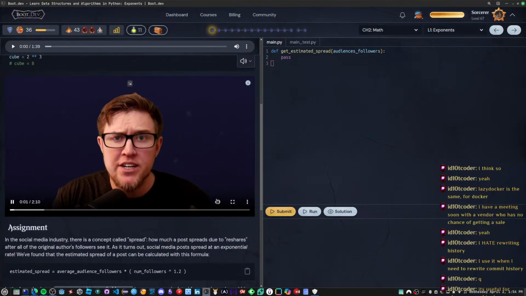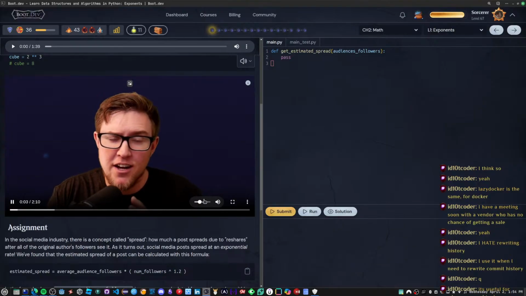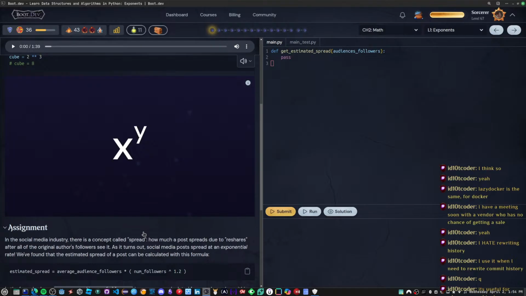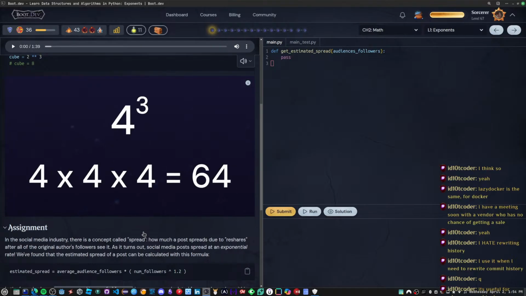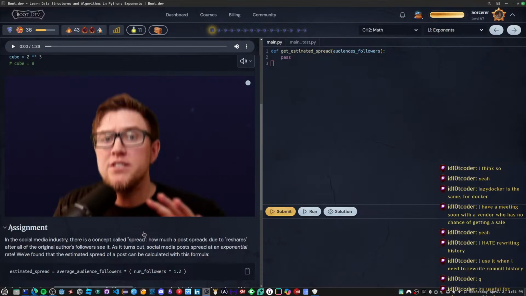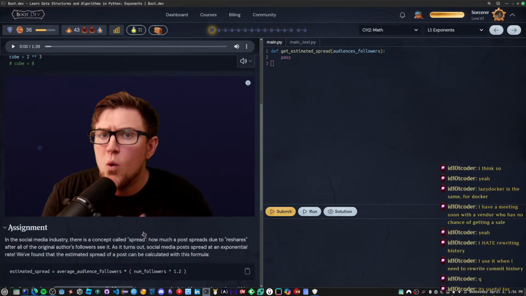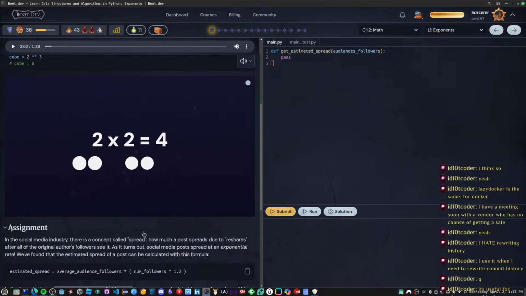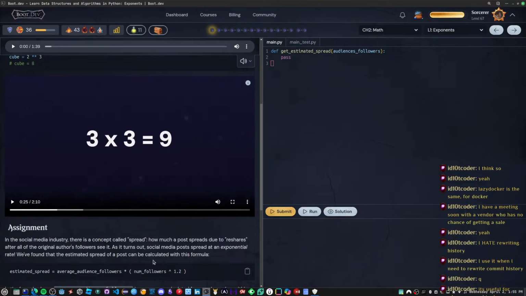Exponents are super easy. Really, do not let the complicated, confusing name get to you. An exponent is just a mathematical operator that multiplies a number by itself a certain number of times. But before we go deeper into that, let's just review some even more basic math to make sure that we're on the same page. As you know, 2 times 2 is 4. We're saying that we have 2 2's. Similarly, 3 times